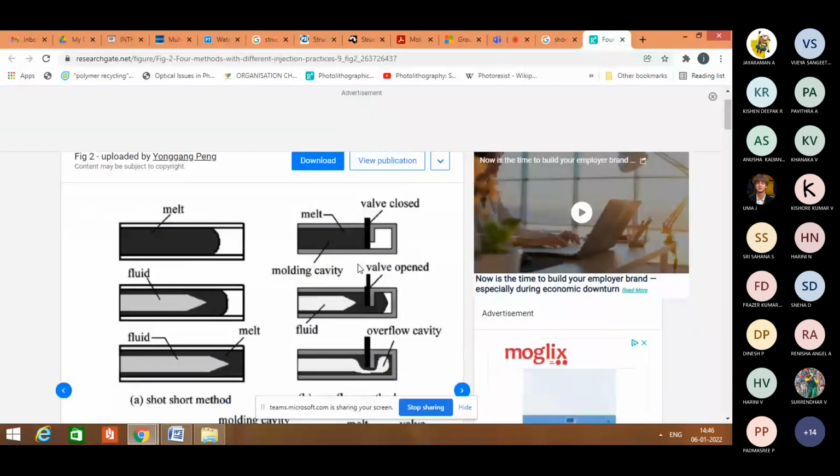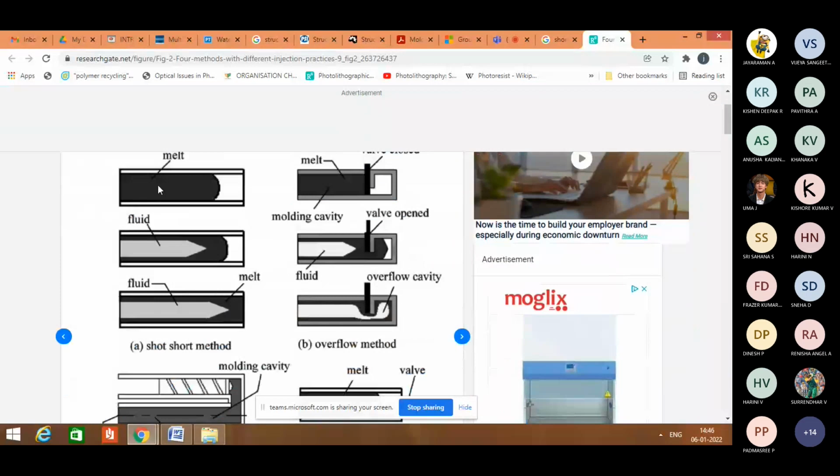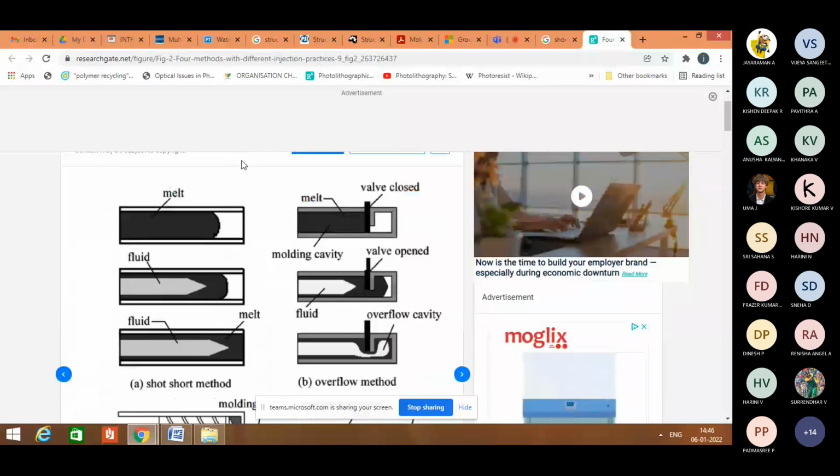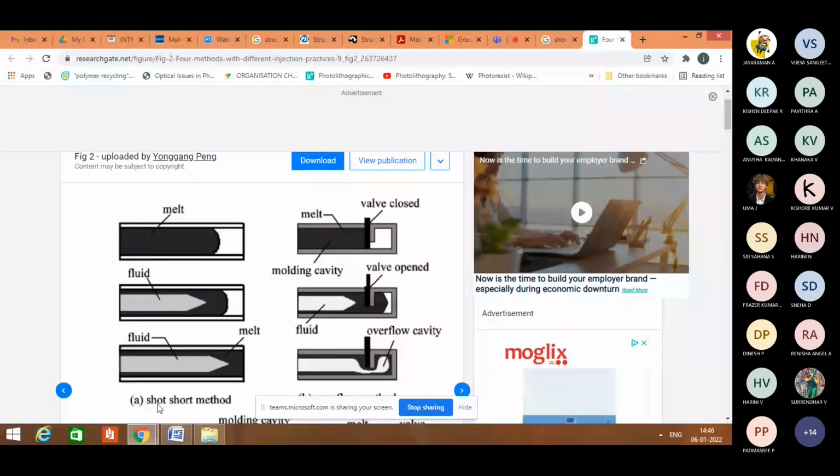So this is the four method. The first method is short method. In this case, anyone please reply me. Can you able to see my screen? Yes, ma'am. Okay. So in that first approach method, the short method, first the melt is partially filled in that